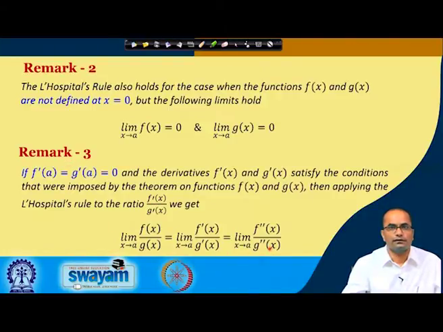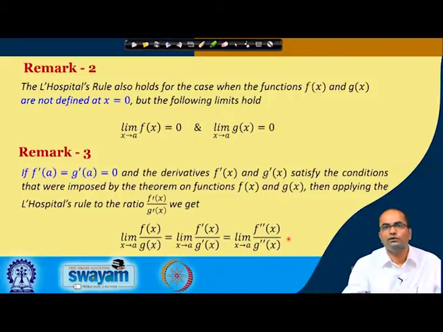Then the rule says that this limit of f prime over g prime will be equal to the ratio of the double derivatives of f and g as x goes to a. So, this is again a more generalized form: the limit of f over g can be evaluated by the limit of the ratio of f prime and g prime, but if these two become 0 as x goes to a, then we can again apply the L'Hopital rule. So, the same limit will be equal to the limit of the second derivative of f divided by the second derivative of g as x goes to a,